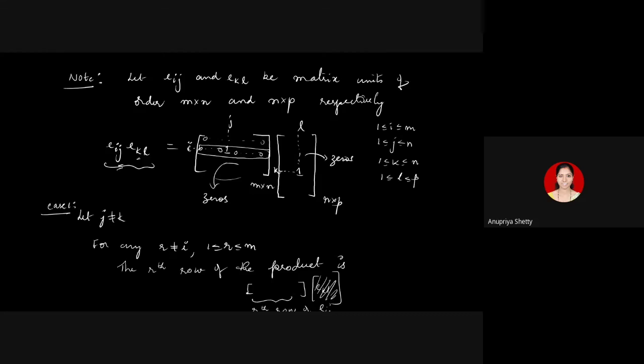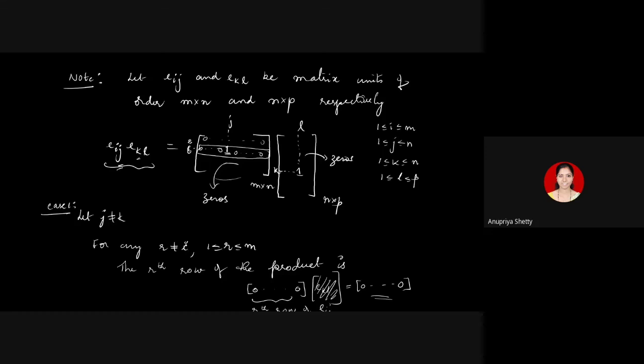And I've taken R not equal to I. Because R is not equal to I, what are the entries in the rth row of Eij? Zeros, yes. Because R is not equal to I, it is only the ith row which has a 1 there. Rest all the rows have only 0. So this row is 0. And when a 0 row is multiplied with any matrix, what I get back is a 0 row itself. That says, when you multiply Eij and EKL, in the resulting matrix every row is going to be 0